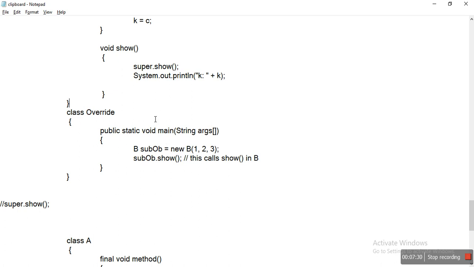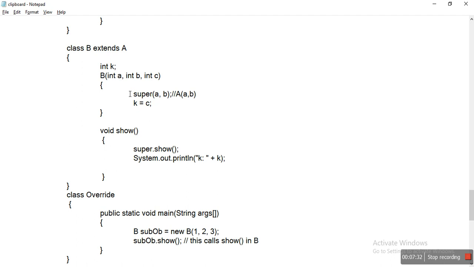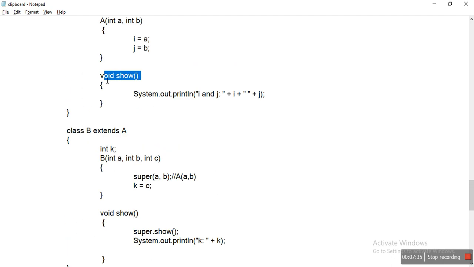Now, to avoid this method being overridden, see, we have a show method here.